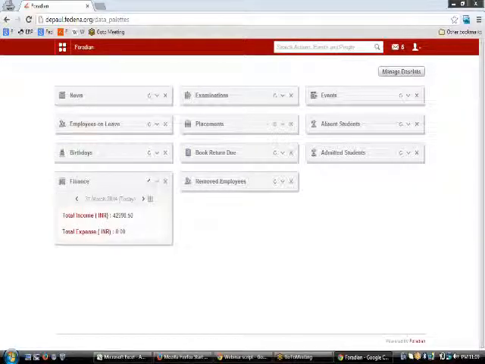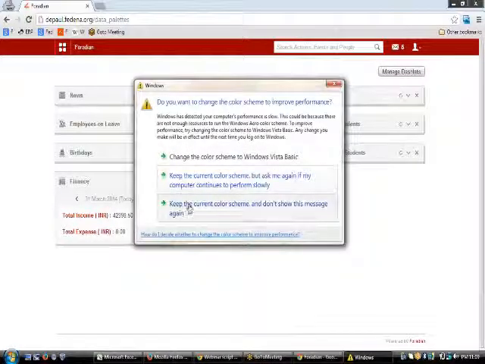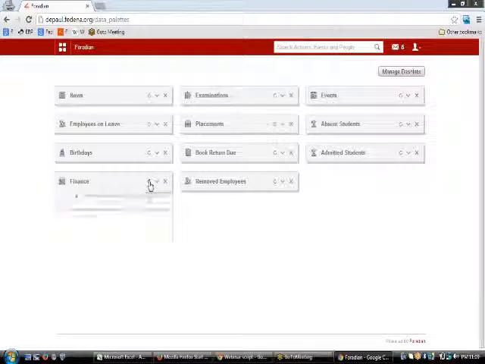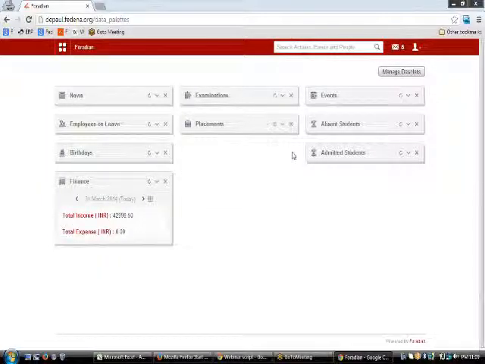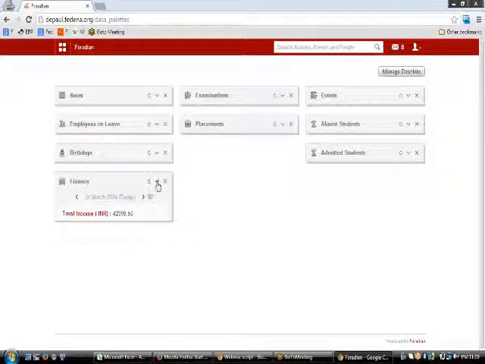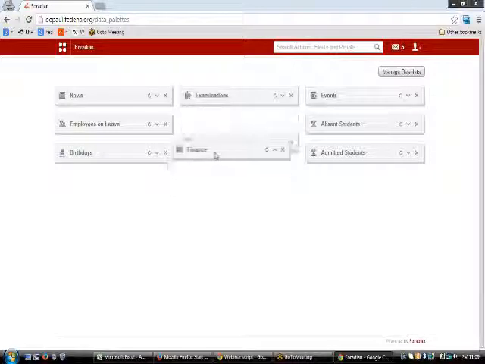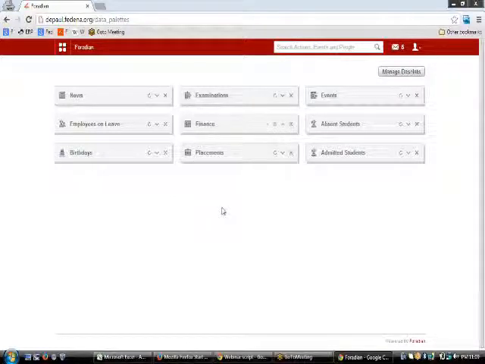So in case you see that this finance has been updated at some point of time by some other system or some other user, you will be able to get the updated result in this once you have refreshed it. Again, as I said, each of these dashlets can be crossed out. So whatever dashlets you do not need can be crossed out from here. And they can even be dragged and dropped to fit into the desired place.